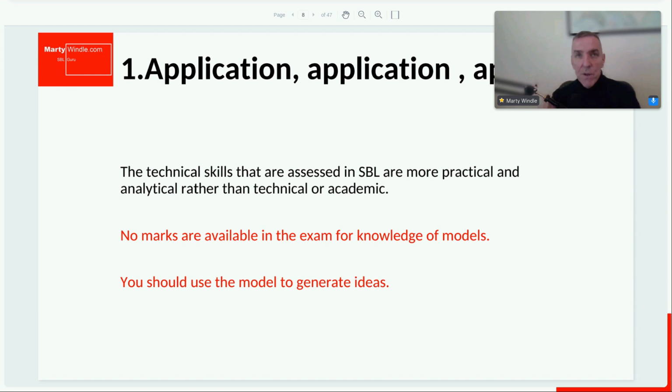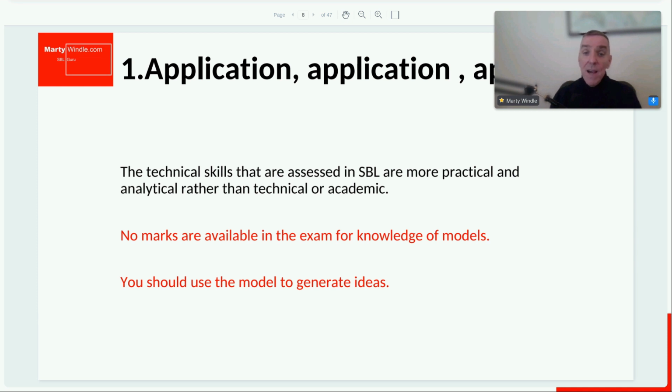The thing that I want to impress on you in this seminar, and a lot of people don't understand this when they're doing their SBL exam, is that it should be like you're writing a business document. It shouldn't be like you're writing an exam answer. The idea of SBL is supposed to be practical. SBL is supposed to be a simulation of the real world, of real life. So when you write your answer, writing a report, it should be as if you're writing a report to a senior manager. That's how you should frame it in the examination.